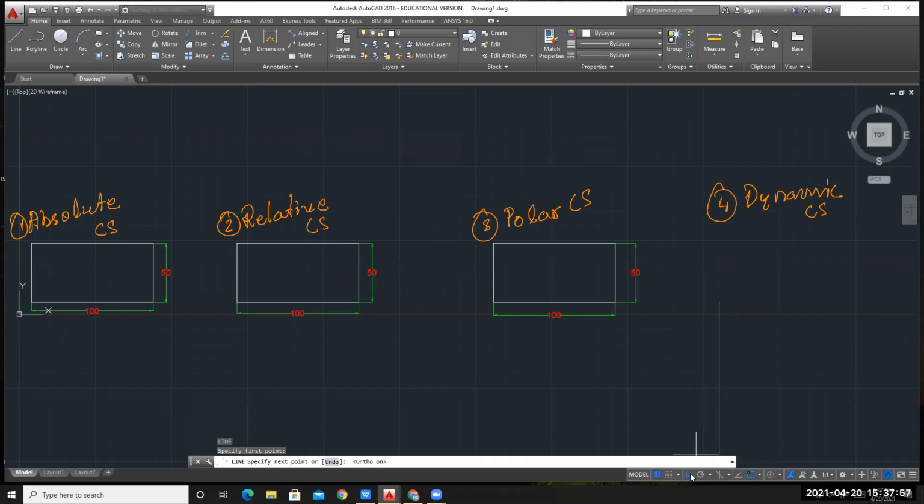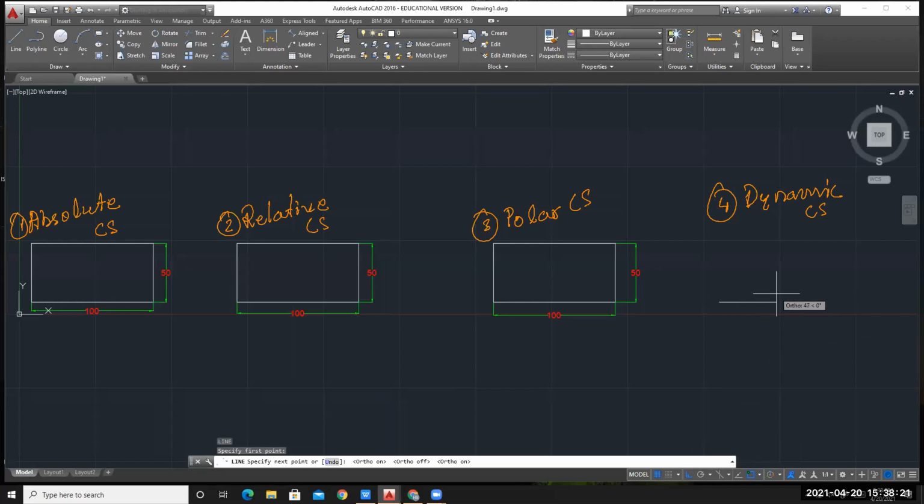If you will click it, you can see now the color has changed to blue. Earlier it was white when it is off, when it is on, it is blue. So when you switch on your ortho mode, what will happen? You will be able to draw only horizontal or vertical lines. So in such situation, this ortho mode tool is very, very useful.